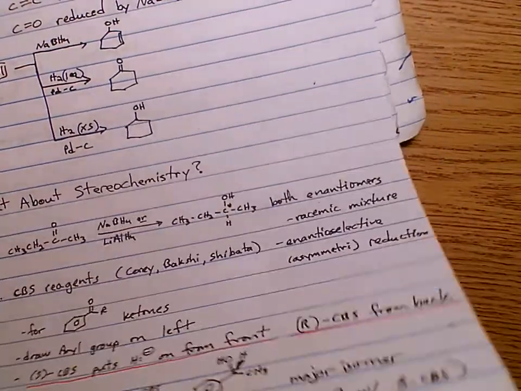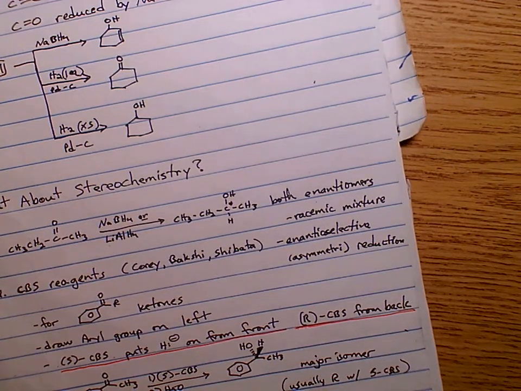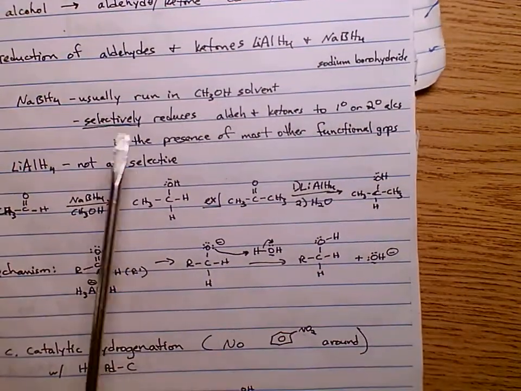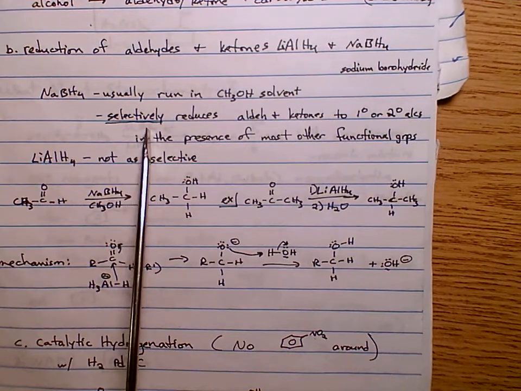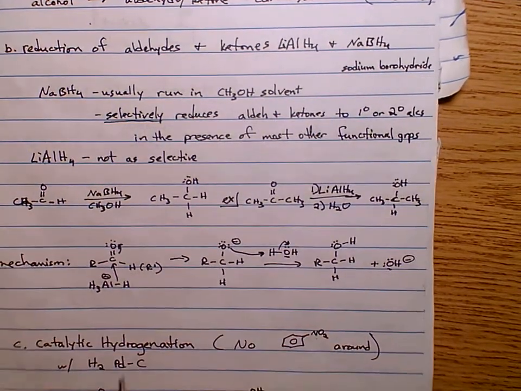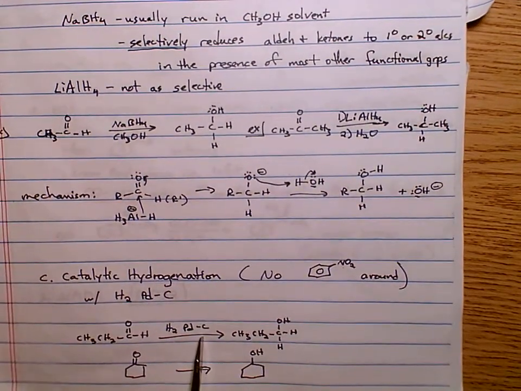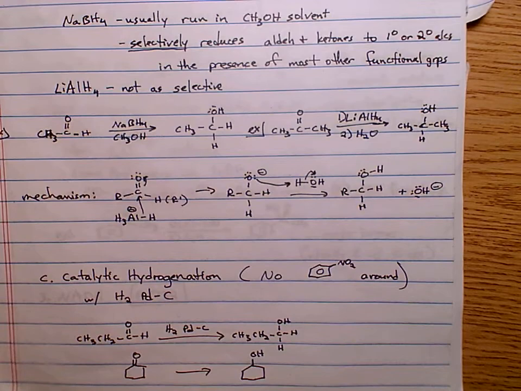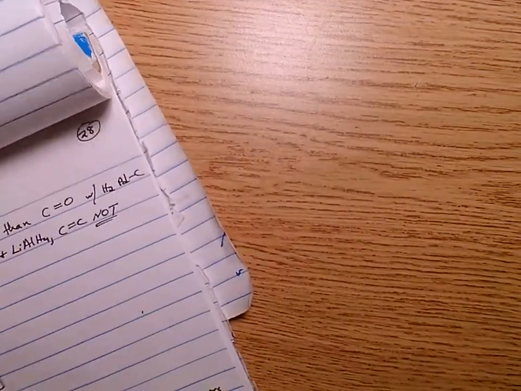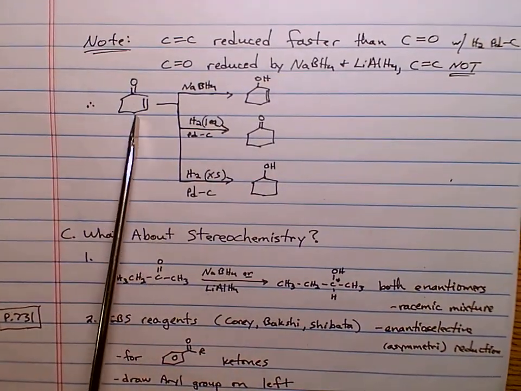And now the interesting thing is, recall, as we mentioned just a bit earlier, that sodium borohydride selectively reduces aldehydes and ketones. That's what it wants to react with. Turns out H2 palladium on carbon selectively reduces double bonds and triple bonds if they are there. Which means, let's look at this. If we had this